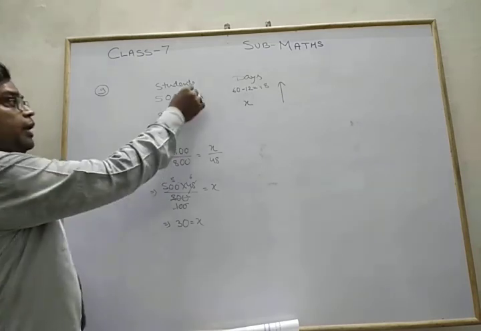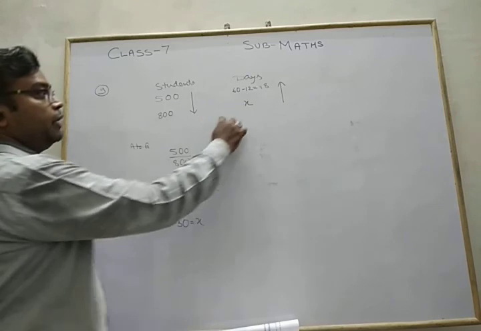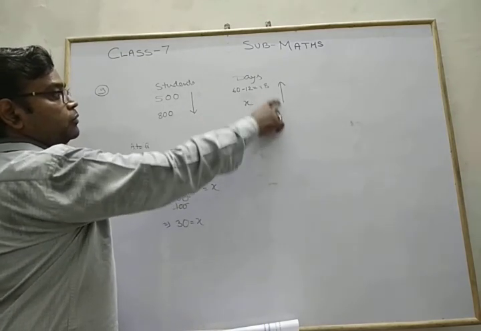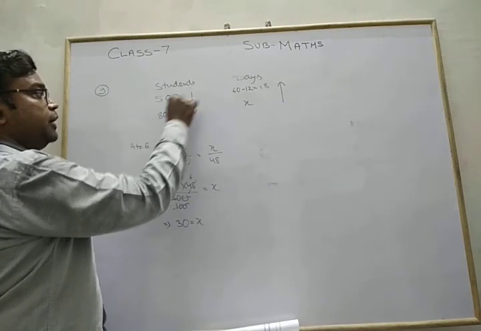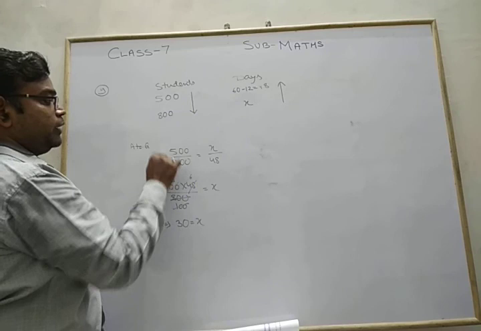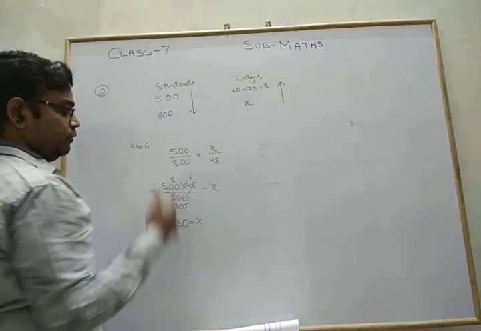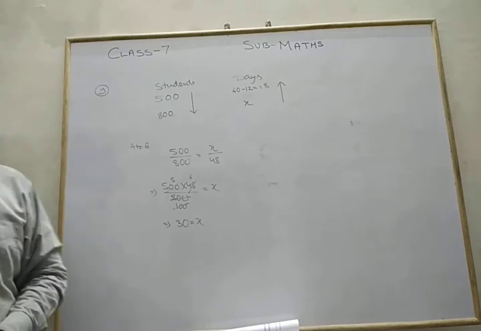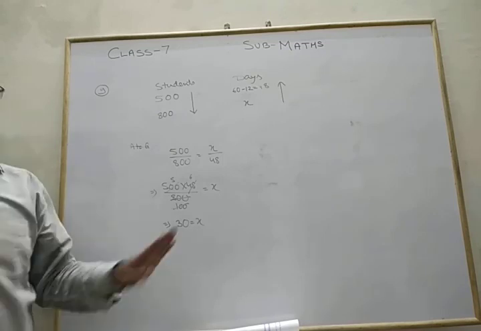So if any quantity increases, we put an arrow on the increase side, and then for the second part, where the increase part is, we place the arrow. Now in the question, we place the tail part at the numerator. So 500 by 800 equals, again tail part, x upon 48. So simplify, and we have the answer. This is your another method. If we use this one, you can easily solve almost all the questions of the linear method.